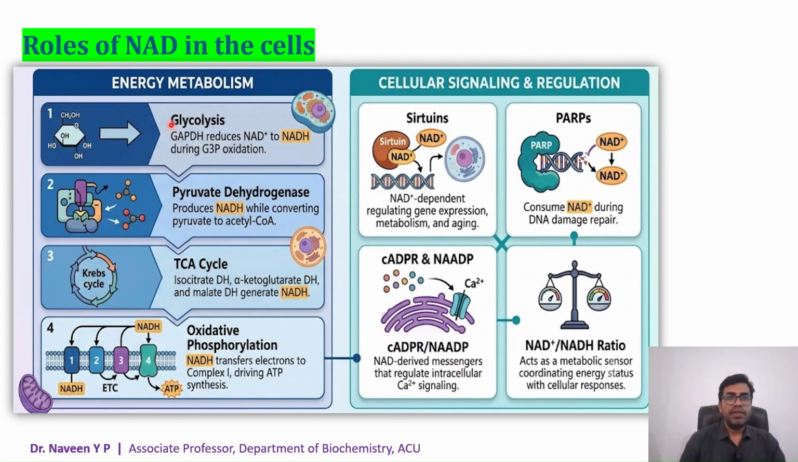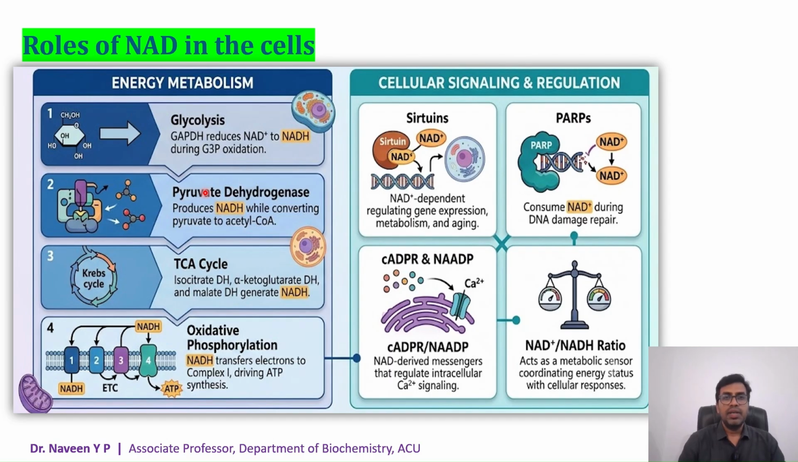Now, in this slide, we will discuss the roles of NAD in cells. We have already understood the important roles of NAD. As I told you, NAD is involved in oxidation reduction reactions or catabolic reactions, and oxidoreductase enzymes will utilize this NAD as their coenzyme. Now, it is utilized in glycolysis, and in the conversion of pyruvate to